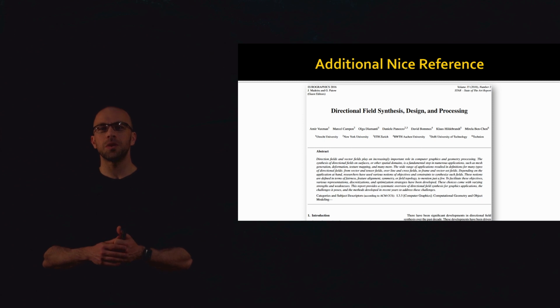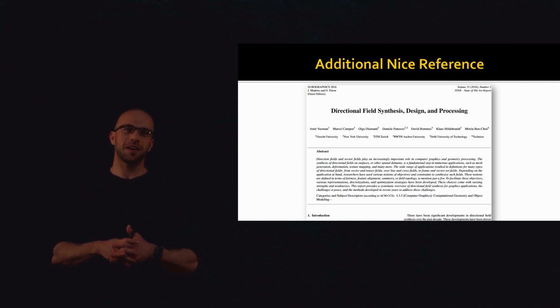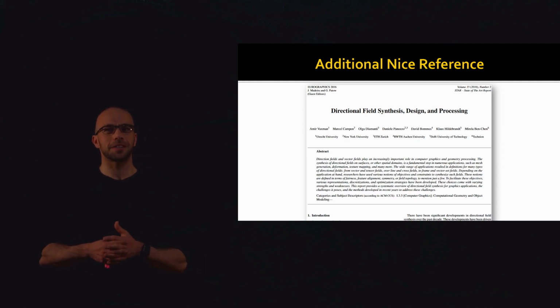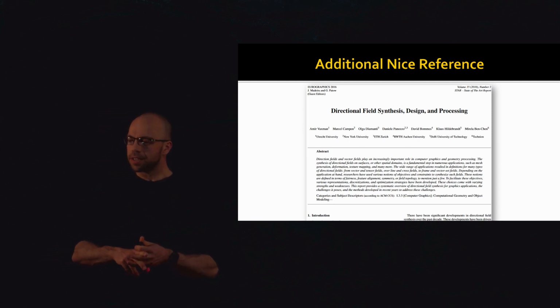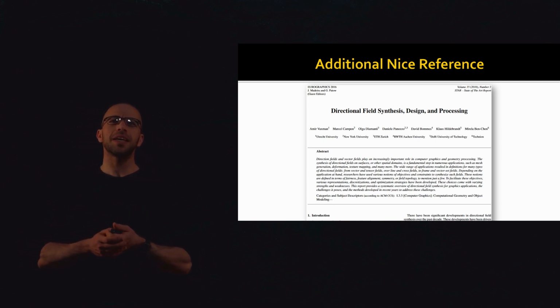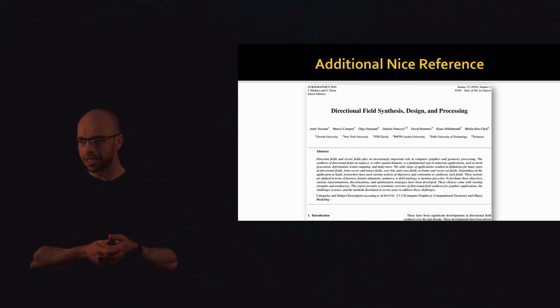So we'll mention at the end of today's lecture what a directional field is, but it's a generalization of a vector field where you can have more than one vector per point in the tangent plane. And this is just a nice place to go look for some background reading on this particular topic, which is one of the most popular ones to study right now in the geometry processing universe. So with that, let's get started by motivating a bit why we care about vector fields and some of the